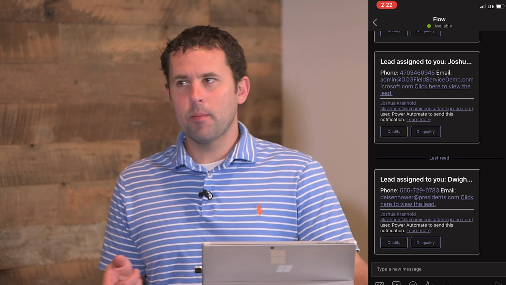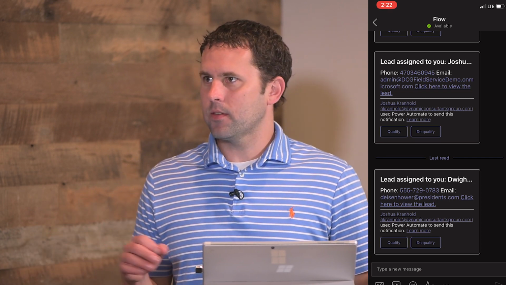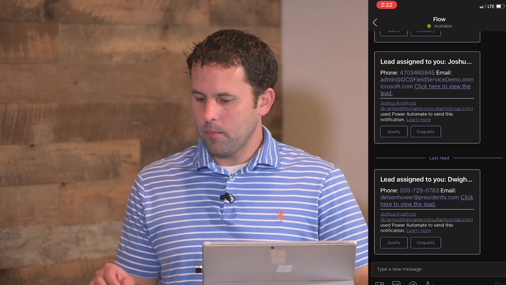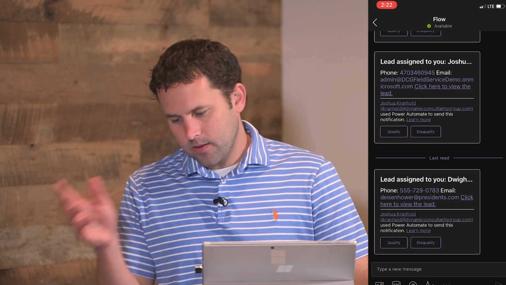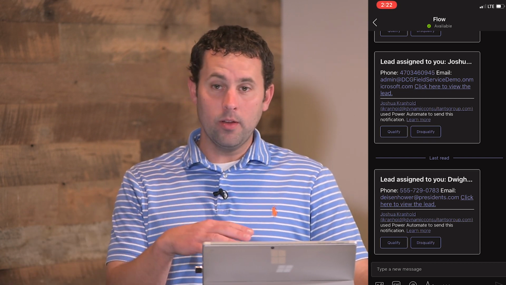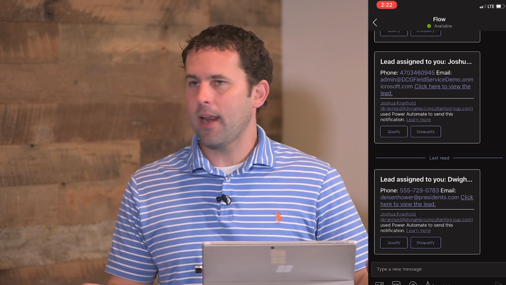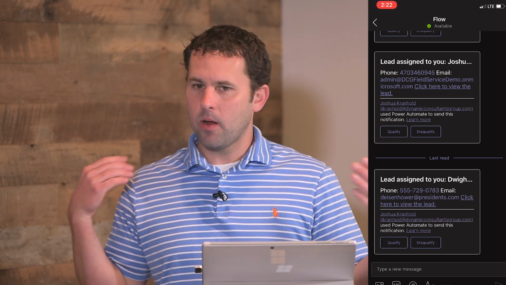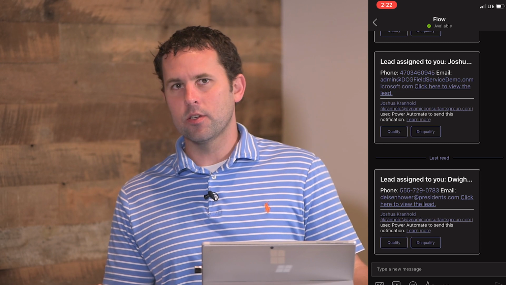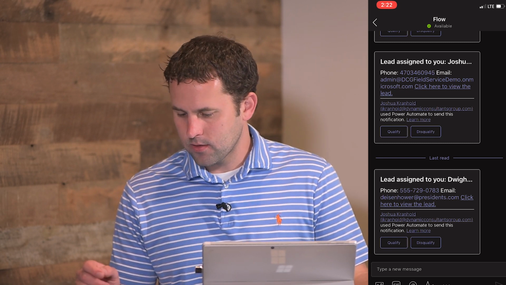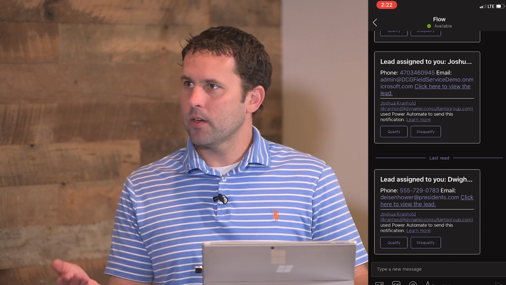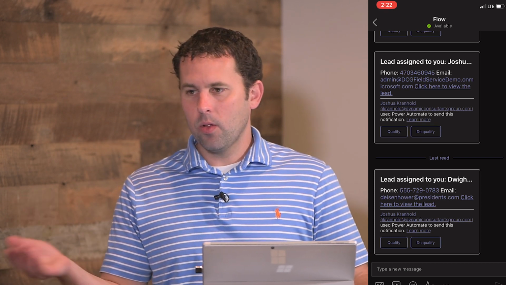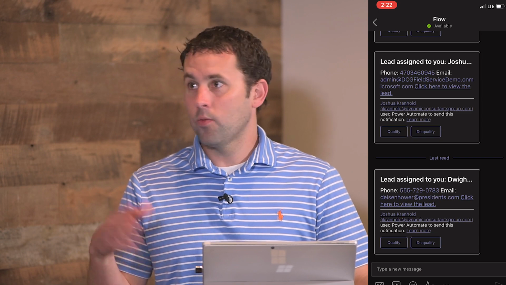This has a 1-day timeout that's configurable. So if you want to have it time out for a day, these options, the qualify, disqualify that you're seeing here, it's a configurable delay. You can leave it for a week, you can leave it for a day, you can leave it for an hour, depending on when that action needs to expire. So again, we're talking about immediate actions, immediate decisions that need to be made for these alerts. So here, where I could make a phone call, make a quick judgment call and say, hey, I need to either qualify or disqualify this person and move on, right?